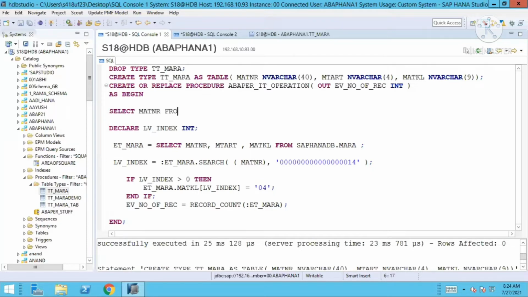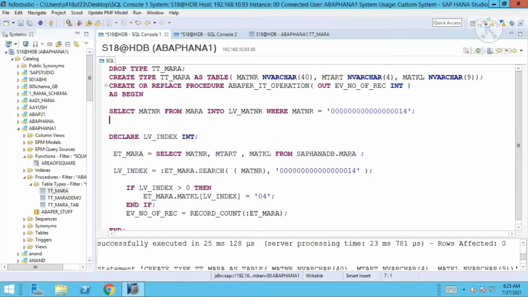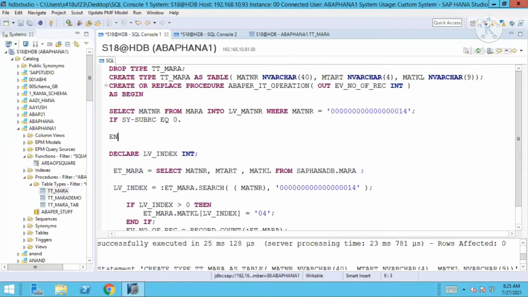So select MATNR from MARA into LV_MATNR where MATNR equals that particular material I want to check. And if sy-subrc is equal to 0, then